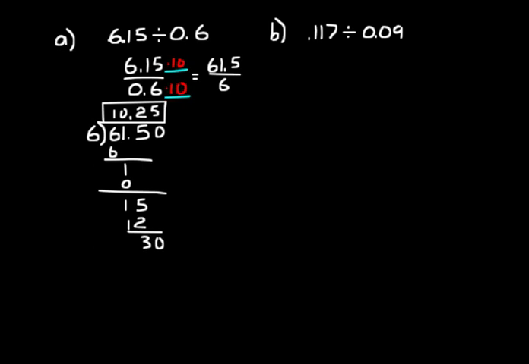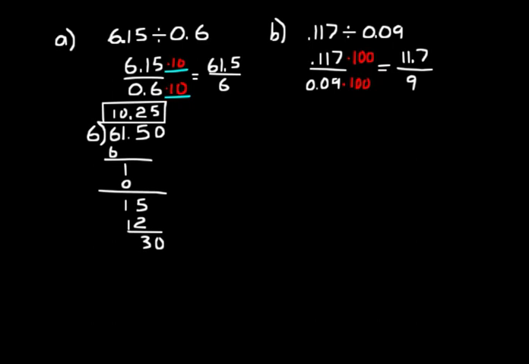Look at practice problem B. 0.117 divided by 0.09. Let's just go ahead and rewrite this like a fraction. 0.117 over 0.09. Let's just think about that divisor. We need to make that a whole number. We have 9 hundredths. That means we need to multiply above by 100 and below by 100. And that would give us a 9 in the denominator. And in the numerator, we would end up with